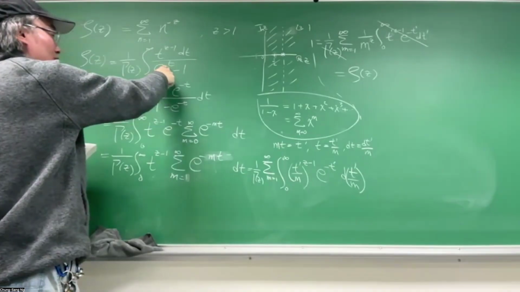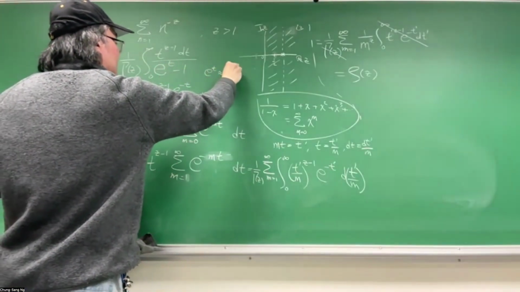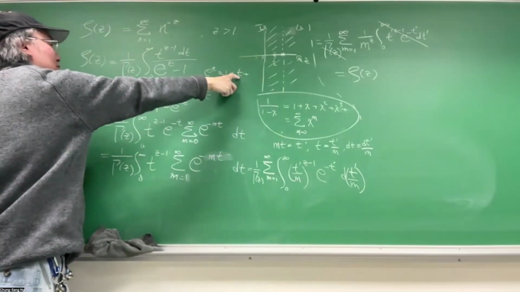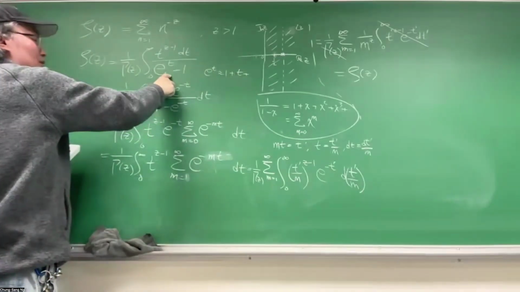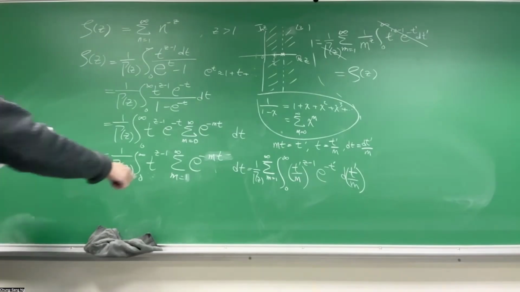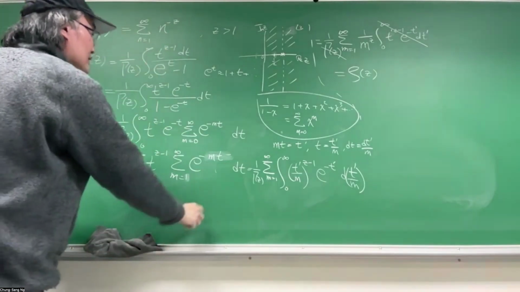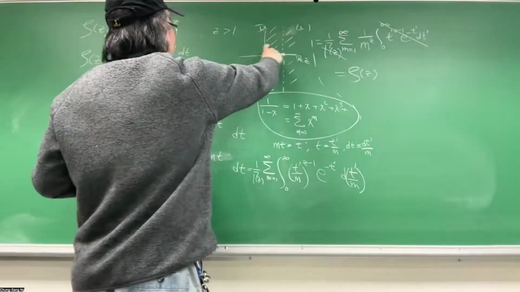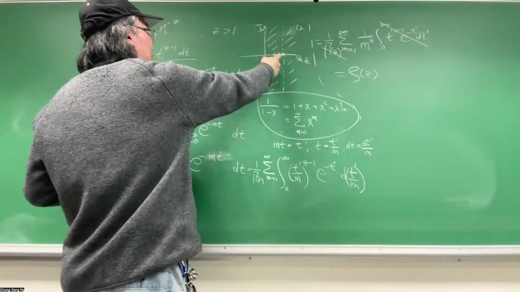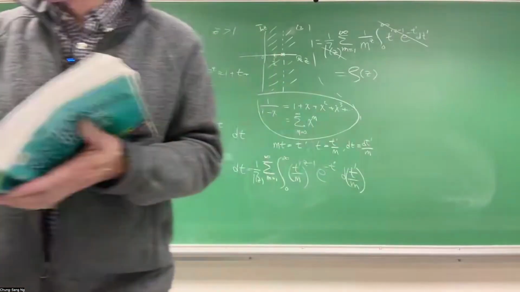At small t, e to the t is roughly 1 plus t in the second order, so the 1 minus 1 cancels, and there's an extra t in here that makes it more singular. So you have the same limit as the original definition. Later on we need to do something else to extend that, because the integral itself doesn't extend the domain. So we need to do something else to extend the domain of the